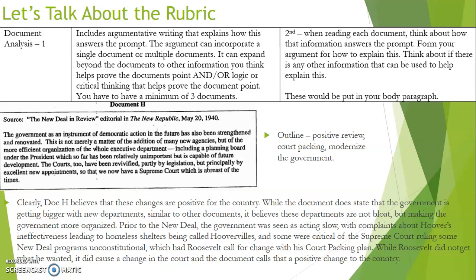Prior to the New Deal, the government was seen as acting slow, with complaints about Hoover's ineffectiveness leading to homeless shelters being called Hoovervilles, and some were critical of the Supreme Court ruling some New Deal programs unconstitutional, which had Roosevelt call for change with his court packing plan. While Roosevelt did not get what he wanted, it did cause a change in the court, and the document calls that a positive change to the country. See how I expanded upon the document and used basically everything I had at my